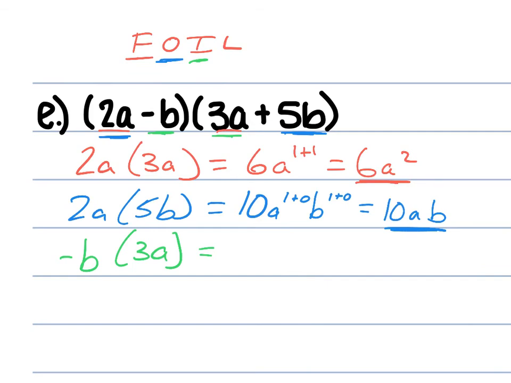So think about this. Does this help? Negative 3a to the 1 plus 0, b to the 1 plus 0, which then becomes negative 3ab. Perfect. And last but not least,